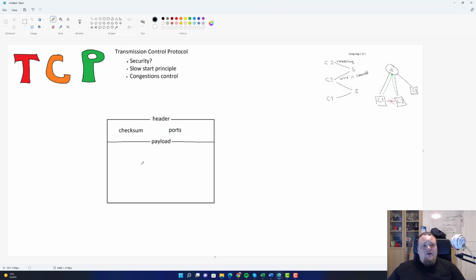So what is the payload? That is all the data, whatever data we are sending. And this brings us back to the actual question: what is the TCP protocol for? What is its use case? The TCP protocol's use case is to transfer data from party A to party B. So we're going to go back to this diagram here. If C1 is sending data to the server, then the TCP protocol is the transmission control carrier for the actual segment of that data.